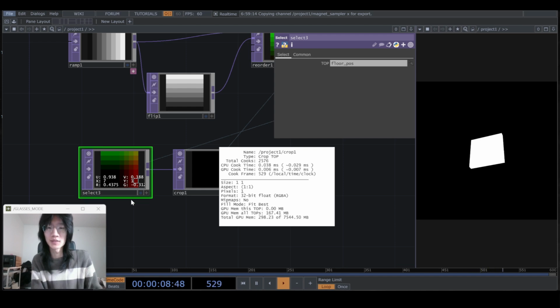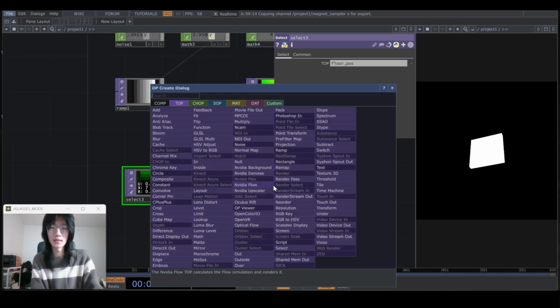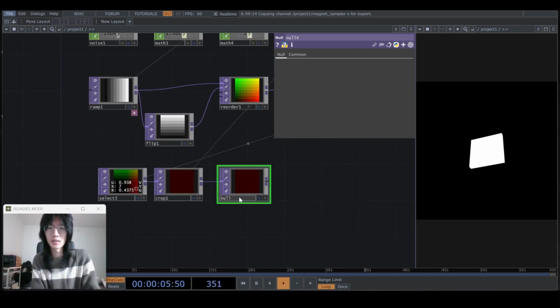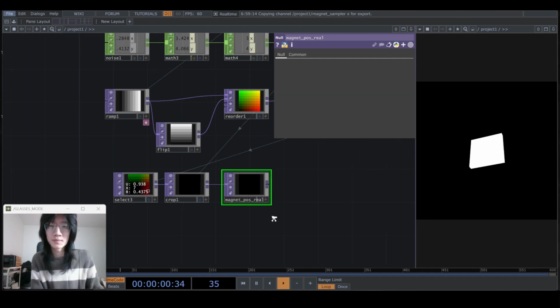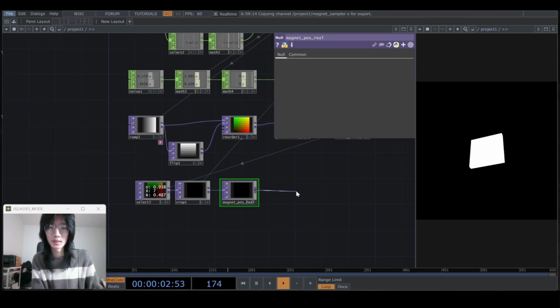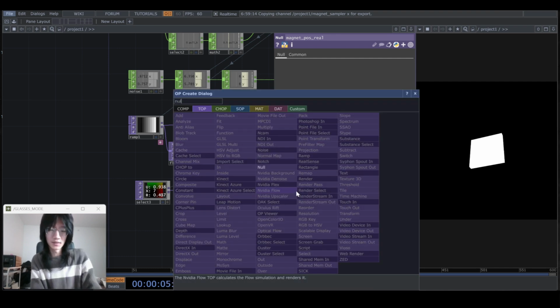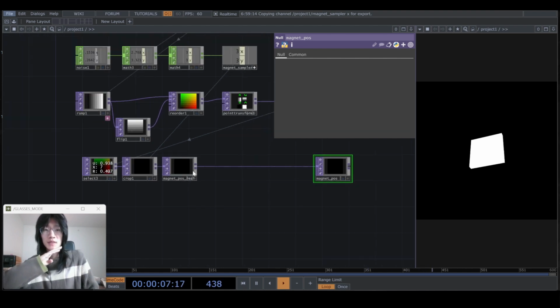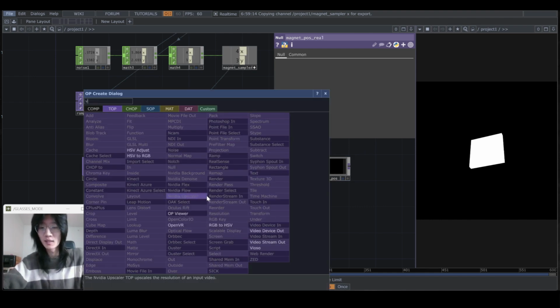randomly from this grid. And then we're going to add a null, which essentially is our magnet position. We're going to grab a null, and we're going to call this magnet position real. And then we're going to chain another null, and we're going to call this one just magnet position. And so the difference between these two is that this magnet position is going to have a blue channel value to it. And we're going to do that by